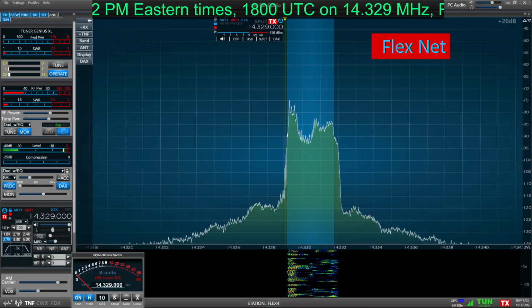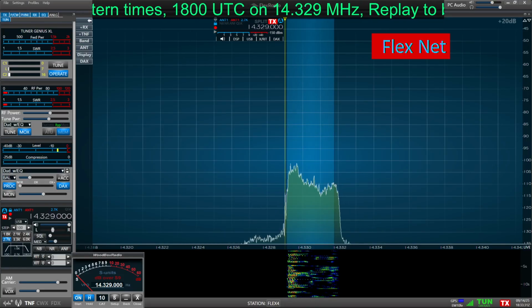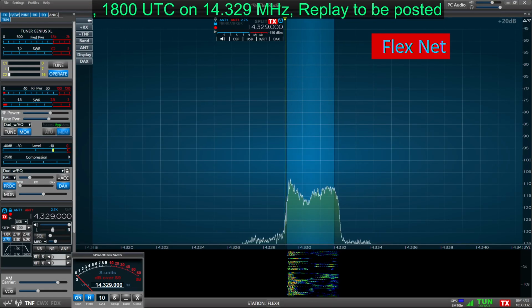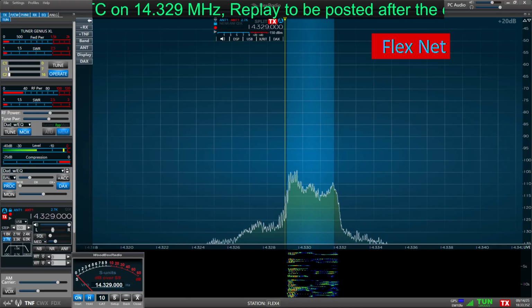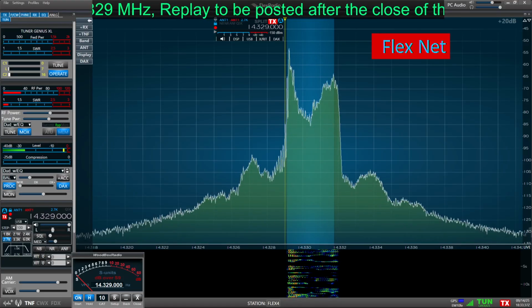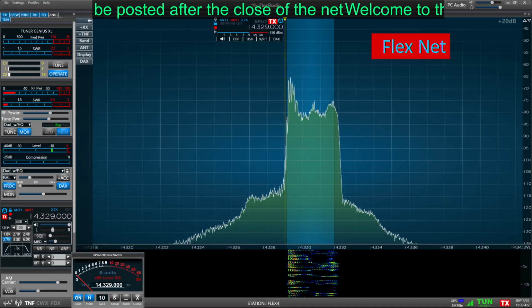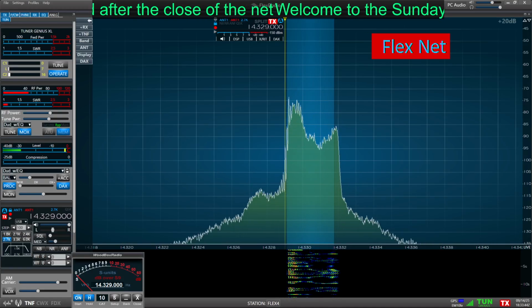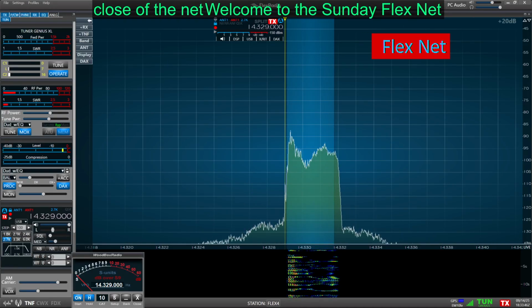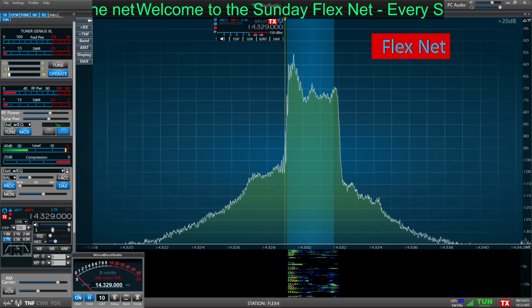That control can do wonders for you. And, you know, you don't even need noise blankers on a lot of signals if you learn that. You can bring signals right up out of the noise floor with that.